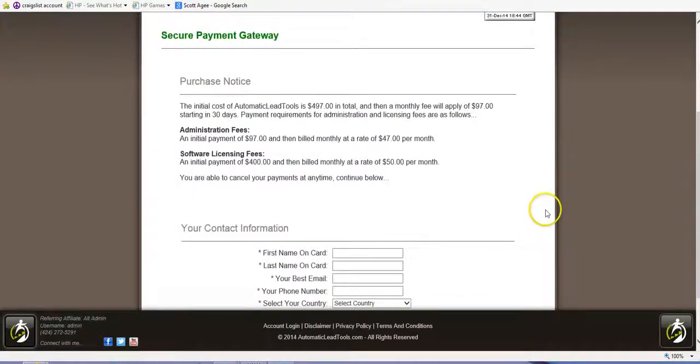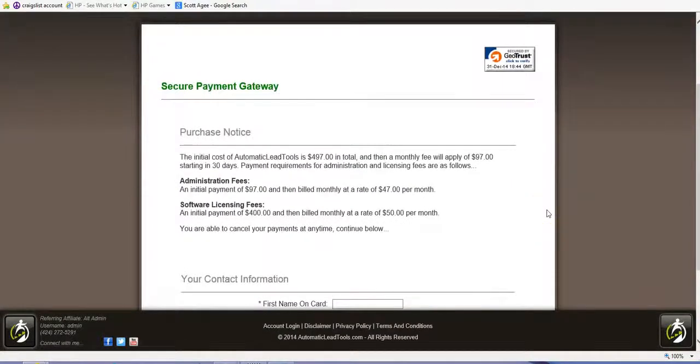To get started with us, you have to have the software and a license to sell the software. All right, it's a simple one-time fee of $497. All right, that's an administration fee and a license to sell that software. All right, you have to have it. But like I said, $400 in your first sale doesn't take long to make your money back, and much more. All right, there's a $97 monthly fee that goes along with it, but as long as you're closing sales, you won't even worry about it. That's just your license to keep you actively being able to sell that software.